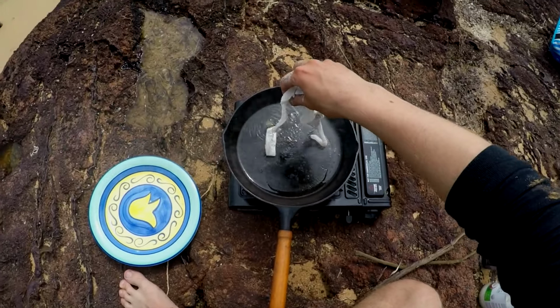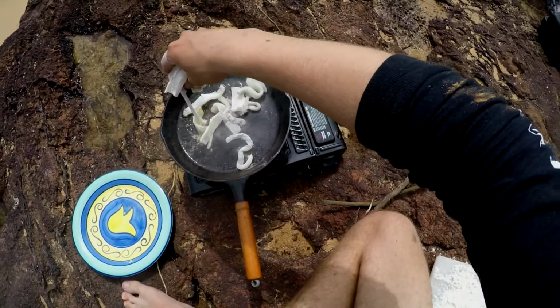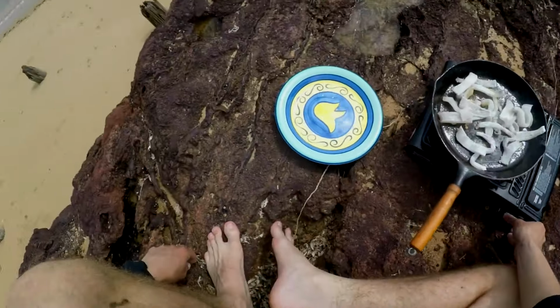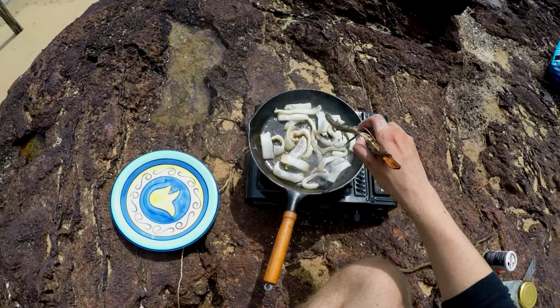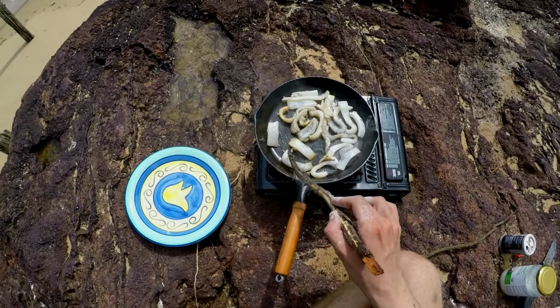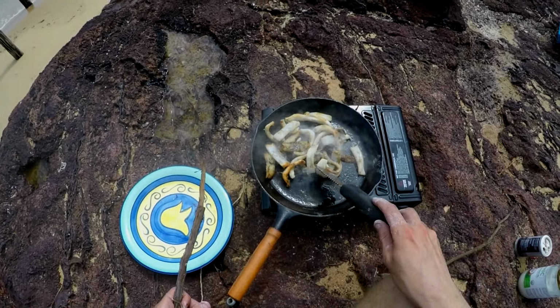Oh, that oil's hot enough, so we'll start chucking the squid on. Alright, so most of you know you don't cook squid for very long, so we'll just get it all flat on one side and we'll let it cook for about a minute. And then once I think it's ready, we'll flip it over. Look at that. Looks pretty good. Alright, so that's cooked enough on this side, so I'm going to attempt to flip it over. Might try to use the knife. Some bits are a little bit burnt, but...